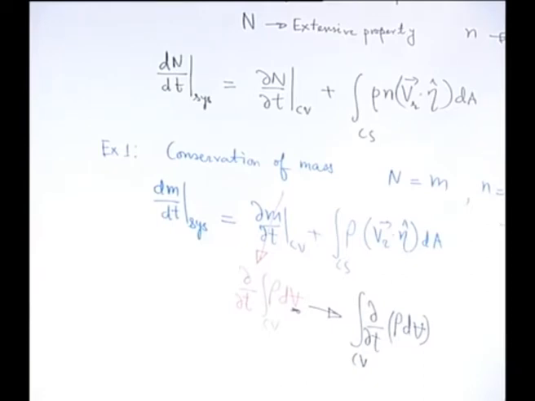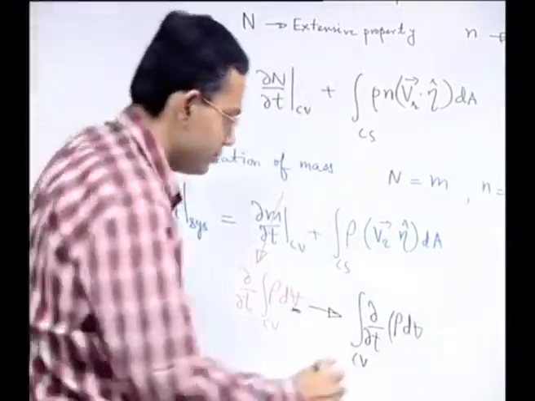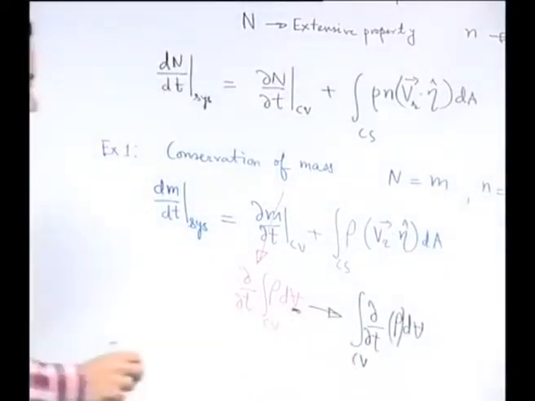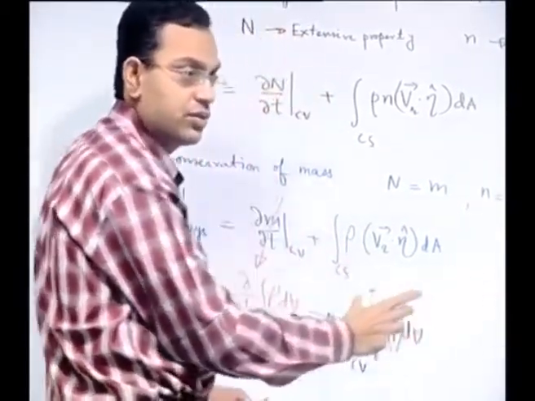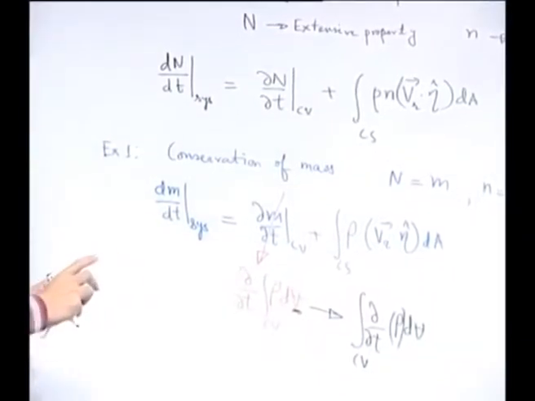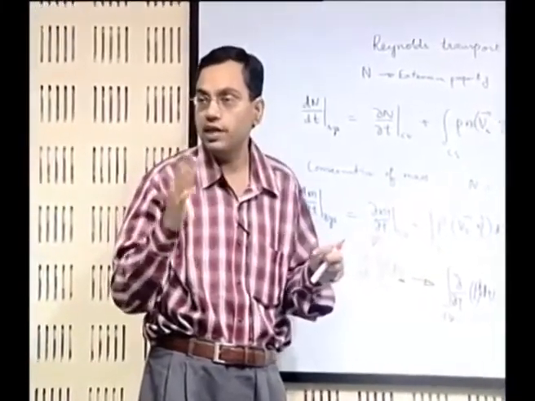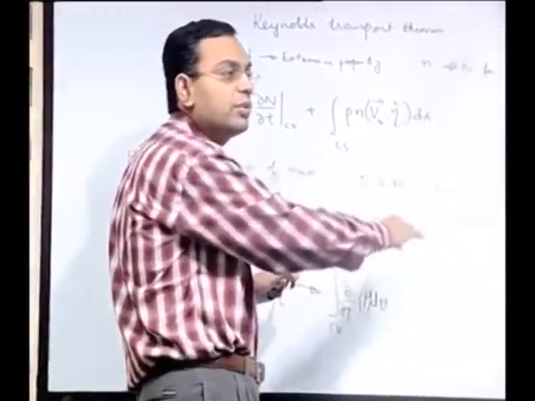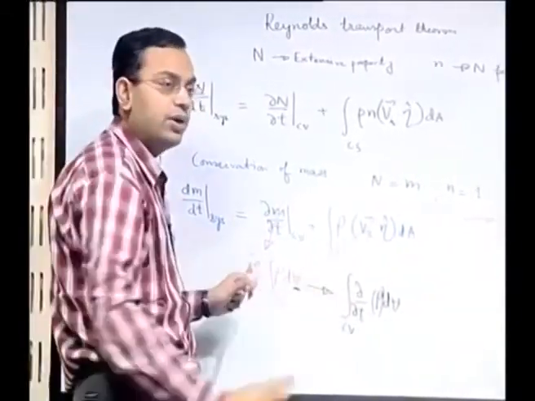If this was not the case, then what we should have done, it would have been this term plus a couple of correction terms, which are because of the rule which converts a differential from outside an integral to inside an integral, that is the Leibniz rule. Now here we do not have to bother about that because it is a non deformable control volume. So we can put this inside the integral without requirement of any correction term.